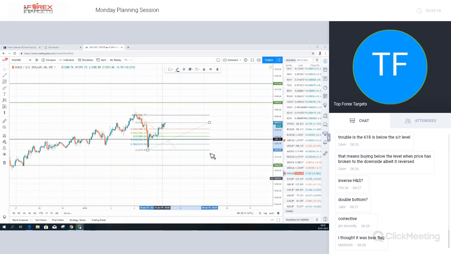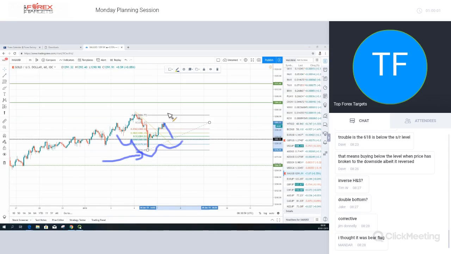Okay, so that's gold. Again, it can be traded, as we discussed before. In this case, the 618 is sitting right at the 1282. It could be traded just as an entry order. The technical stop would go down below here. Why? Because at that point, Mandar would be absolutely spot on in his assessment. If we break down below the 127605, this would indicate this is actually a bear flag, in which case we do not want to be in this trade, because we're looking for moves to the upside. So that is a viable setup. The technical stop, if you're looking at trading this pattern, would be below the 127605. That would be the correct technical place to place it, okay?